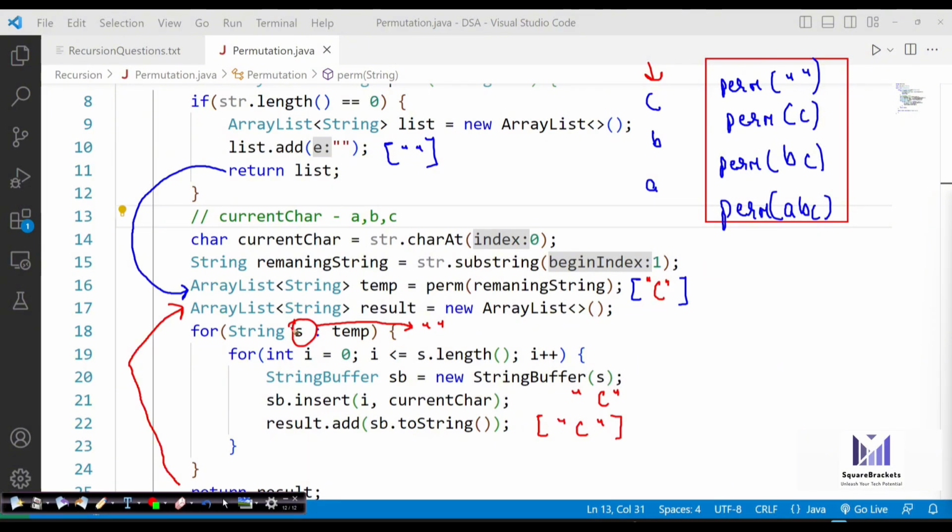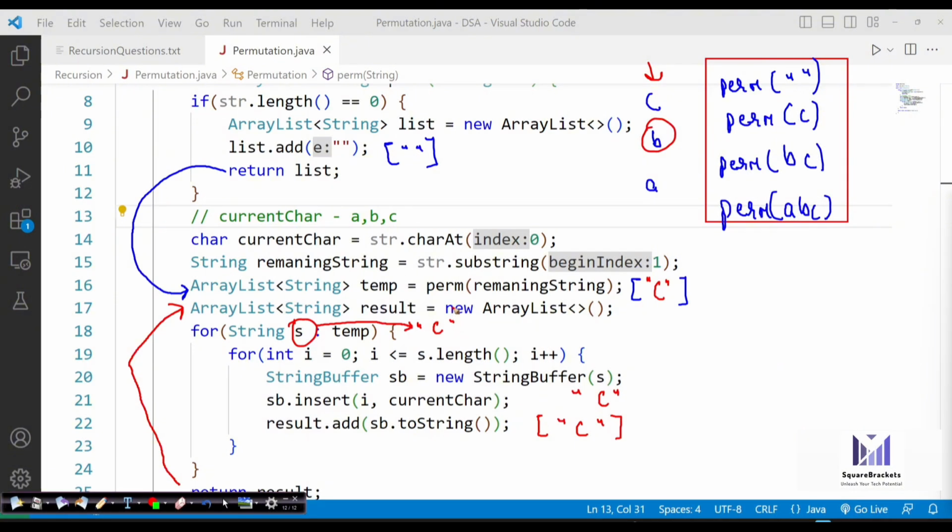So how is it exactly going to work? First of all, we know that the current character is B. Now it is going to execute this loop 2 times. Sorry. So first we'll have the character C inside our s variable.